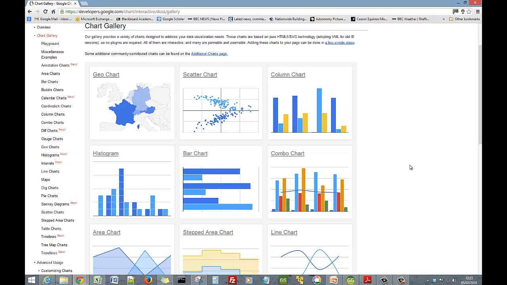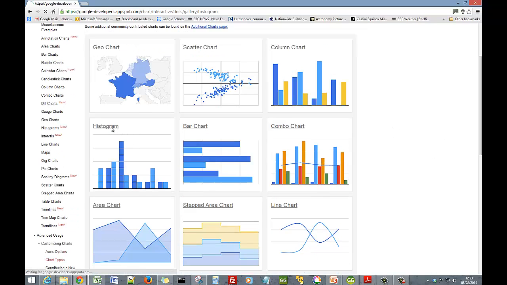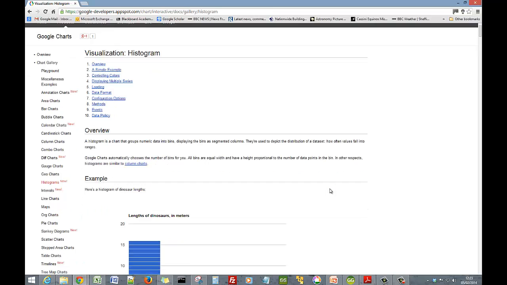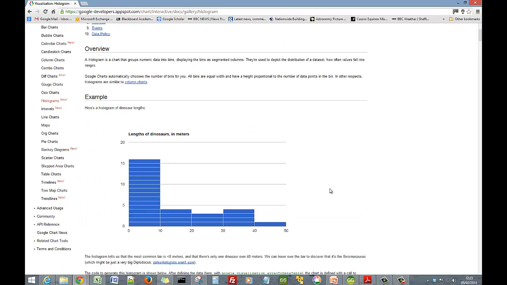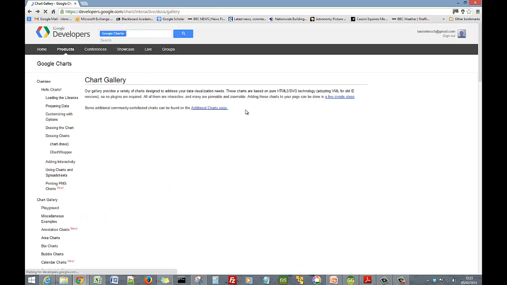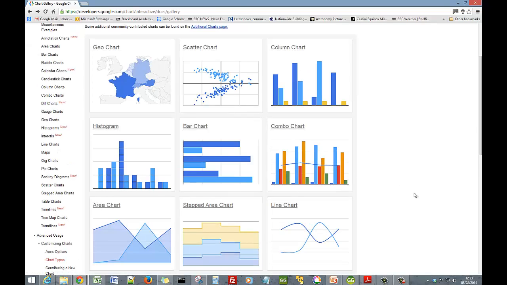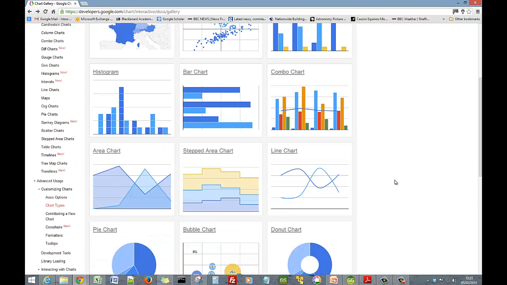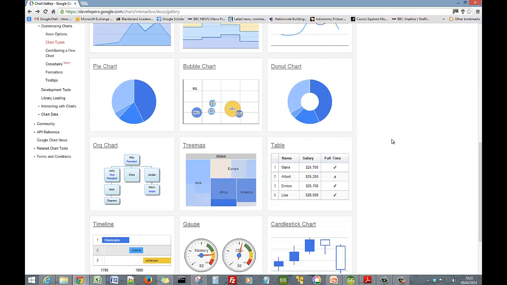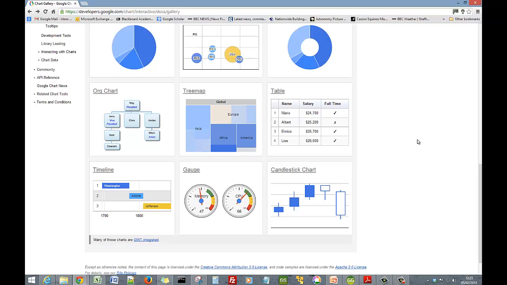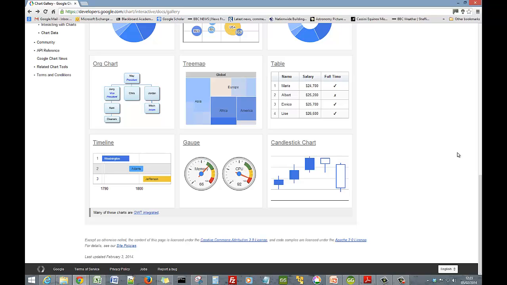So one of the tasks in the workshop is going to be having a look at any of these. For example, if you want to pick out one of the charts, you can click on it and have a look at the examples and consider whether that will be useful as part of the interface for Work Package 7. So you can see there's quite a number of charts. We can mix different chart types and lots of different ways of visualizing the data that could be coming from some of the other work packages, indicating a